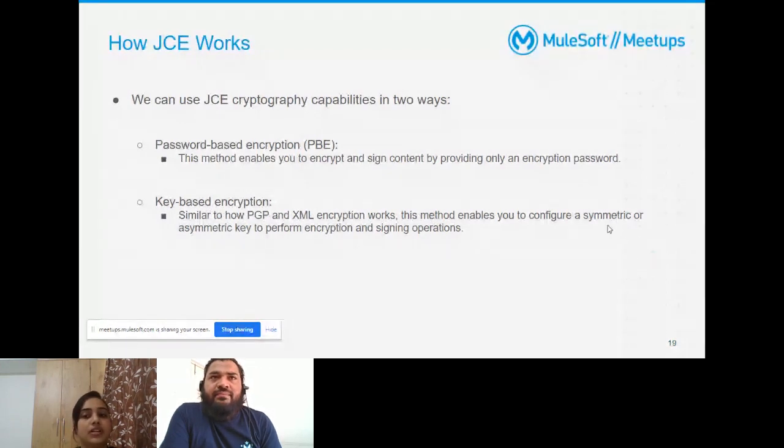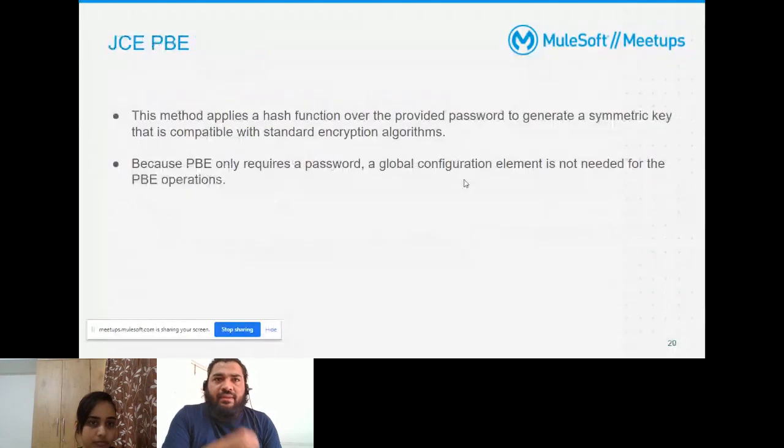It enables you to configure a symmetric or asymmetric key to perform encryption and signing operations. In JCE password-based encryption, this method applies a hash function over a provided password to generate a symmetric key that is compatible with the standard encryption algorithms. Since PBE only requires a password, we don't need a global configuration element for PBE operations. Okay.